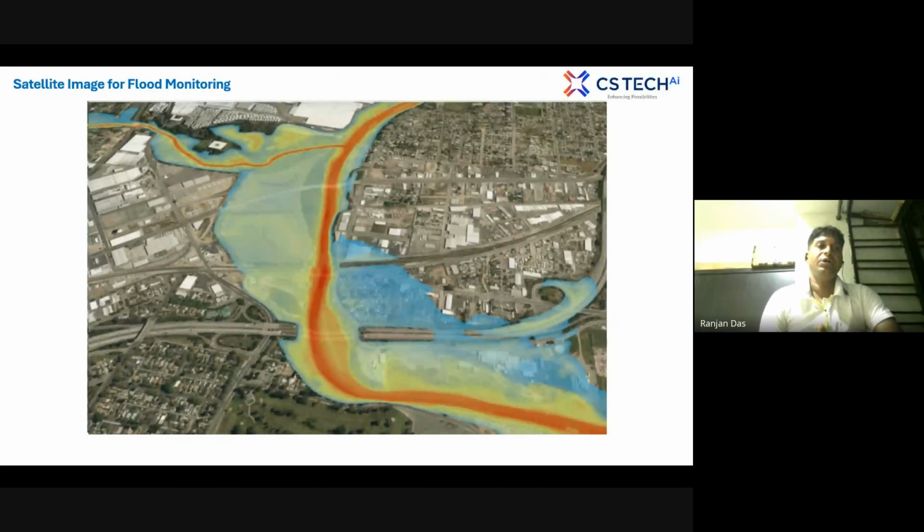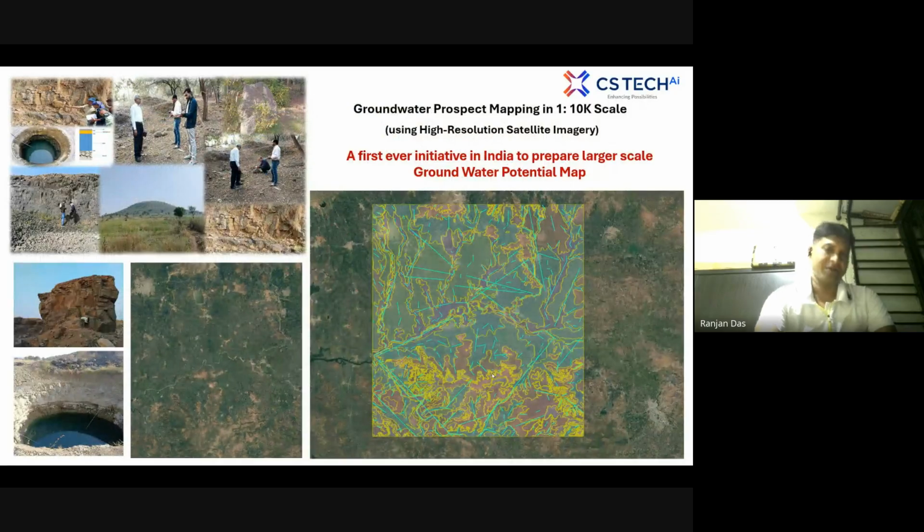Okay, so as we have related, there are point, line, and polygon things, and according to that, we manage our resources. And here, flood management means it is all kinds of resources you are managing: your urban resources, your water resources, your land resources, everything you are managing here. Coming to the next part,